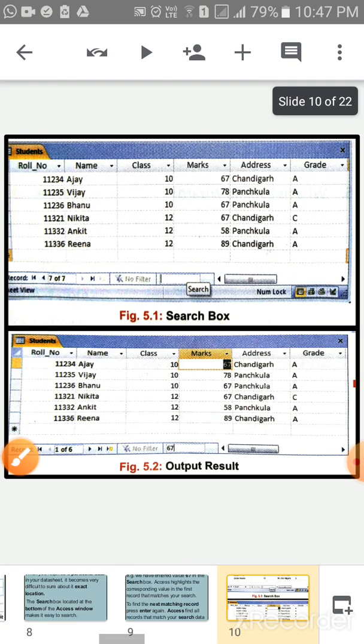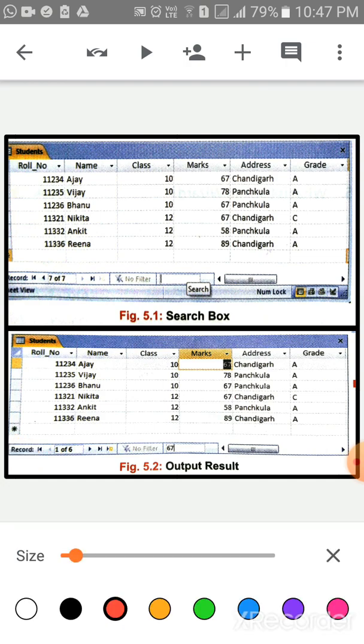Okay. Now children, look at the screen. This is the screen of the search box and output result. Children, suppose we have entered any word, phrase or number in a search box. We have entered 67 in the search box. As soon as we enter 67, Access highlights the corresponding value in the first record. This is the first record that matches your search.